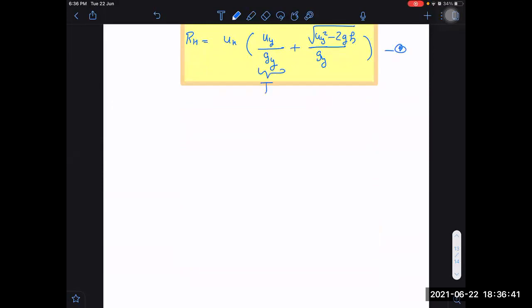See, this was just separately time of ascent. This is separately time of descent. Time of descent, if you remember, I have written as v_y upon g_y. g_y in this particular example, don't get confused, is just g only, and u_H is u cos theta only, and u_y in this particular example is u sin theta only. Here there is no difference between u_H and u_x, because I have taken the x-axis as the horizontal axis. So see, one-step answer. Are we getting it or not?